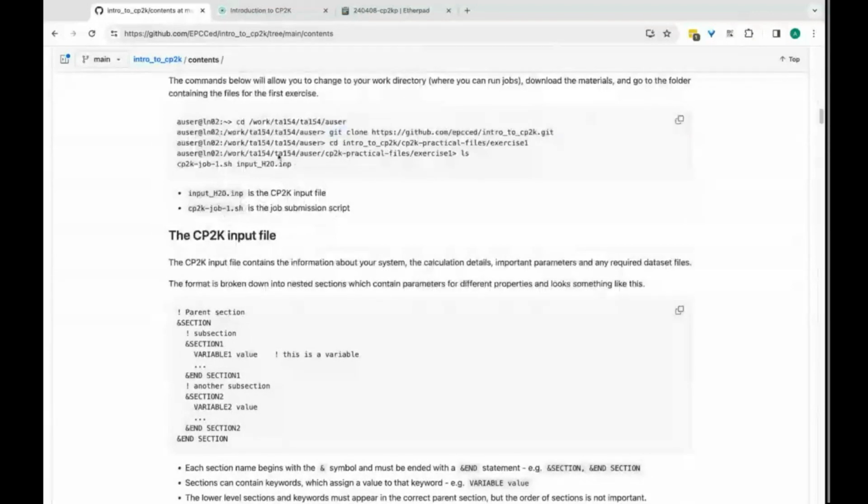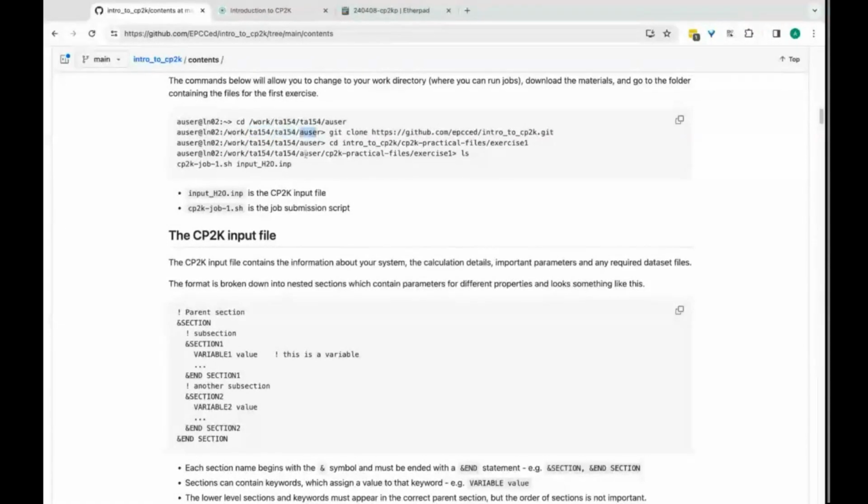Just to clarify, I know some of you are already existing ARCHER2 users, and about half of you are not. So just to make you aware, ARCHER2 has two file systems: one mounted starting with /work, and the other one is /home. When you log onto ARCHER2, you automatically get put into your home space on /home. If you type pwd to get your working directory, you will be on /home/ in this case TA145, which is the project code associated with today's course,